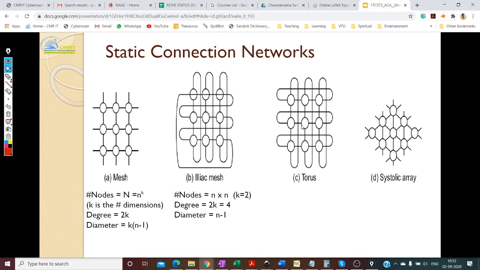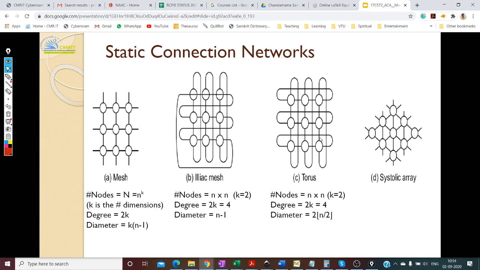And next is very, very interesting. It's called a torus. A torus topology, I think I've already mentioned in one of our earlier, initial slides. It's nothing but this looks like a vada, or a donut. So how it looks, we will just see in a bit. The idea is, you again make a ring out of each of the dimensions here.